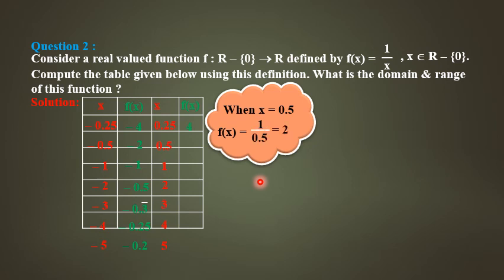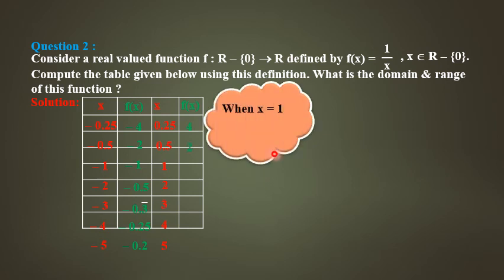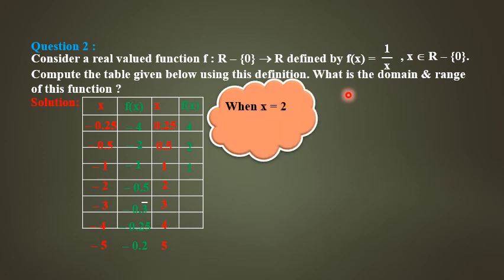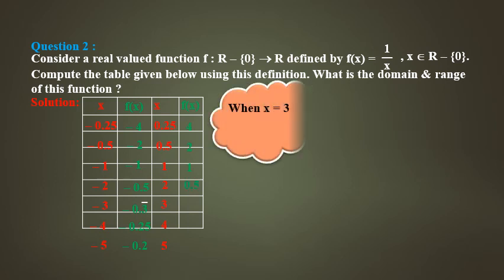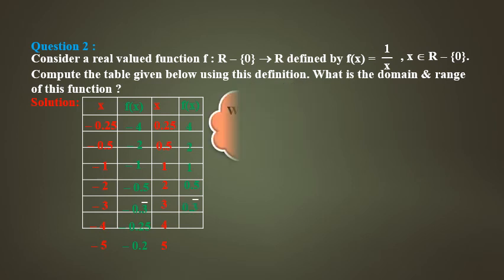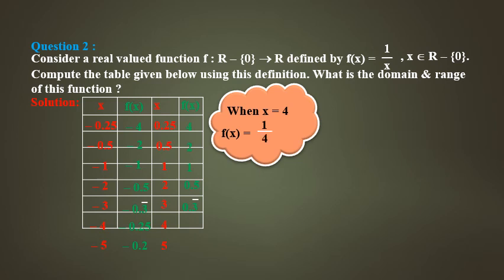It is just calculation. We are doing nothing else: in this equation we are substituting the x values and finding the f of x value, that is what we are doing here, correct. So x equal to 2, f is 1 by 2, that is 0.5. X equal to 3, 1 by 3, 0.3. X equal to 4, that is 0.25. X equal to 5, 0.2. So these are all the values.